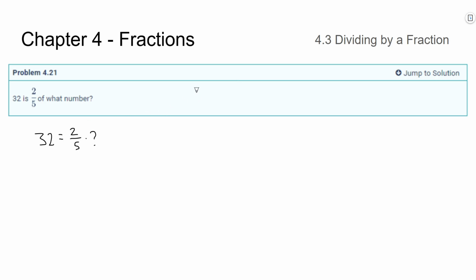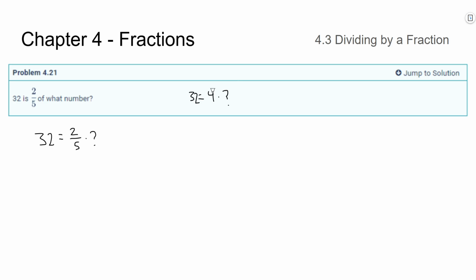So let's say it wasn't 2/5. Let's say we had 32 equals, let's say 4 times question mark. So 4 times what would be 32? We might know that 4 times 8 is 32, but we don't really know 2/5 times what is 32. How else could we describe this one here? Yeah, 8 times 4 is 32, but to solve this, we can do